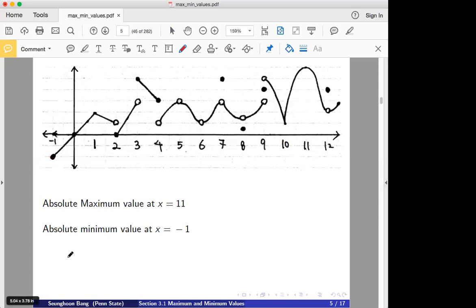The next, find local maximum and local minimum. We think about local maximum at x, and find local minimum at x. Here, the first one was zero. Local maximum or local minimum? How about zero? Local minimum, local maximum, what's that? The answer is